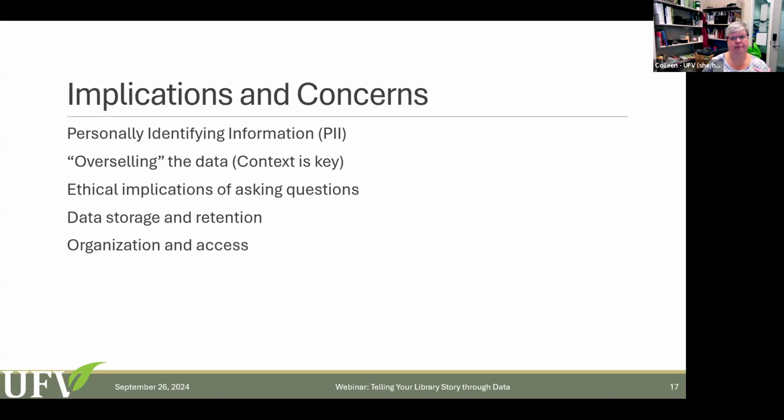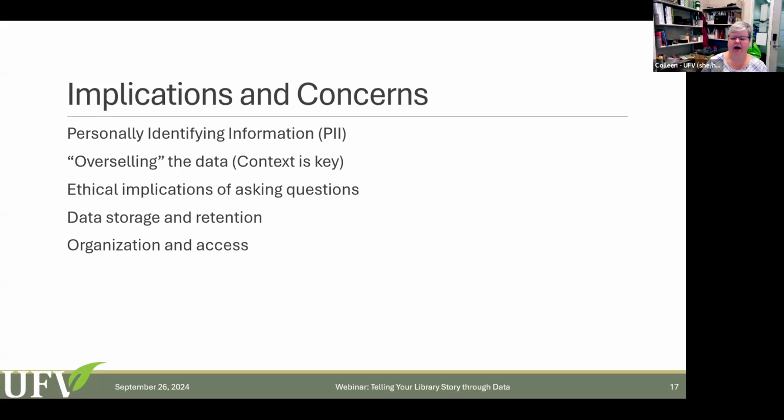So those are the main things that we need to think about when we're collecting and using data. The data that's collected in our systems, we sometimes have some control over what is collected.